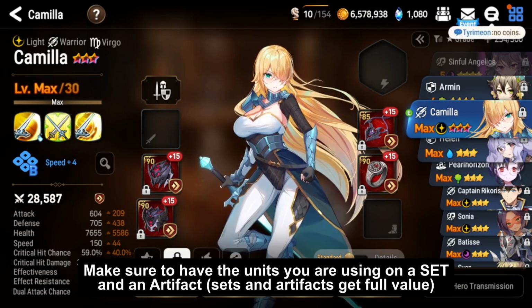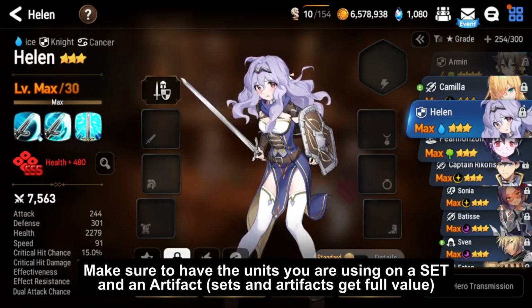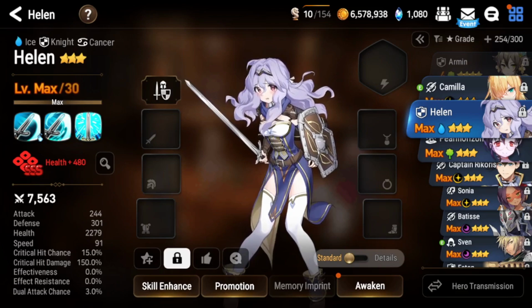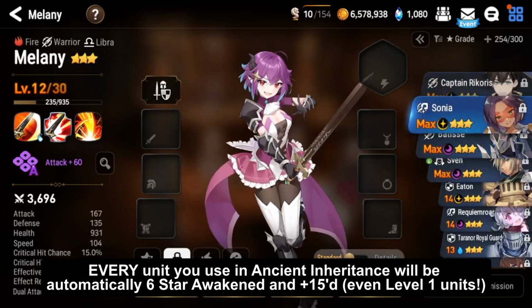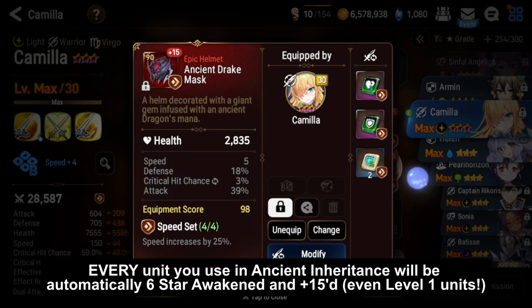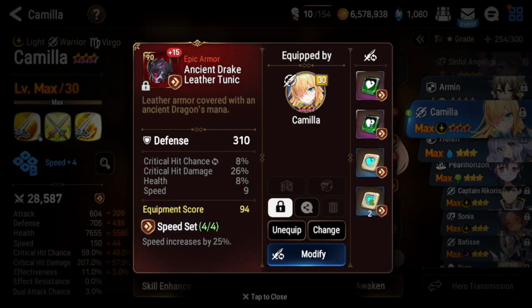Now, when you use these units, even if they're, for example, level 30 3-star, if you use them in Ancient Inheritance, they will automatically be 6-star fully awakened for Ancient Inheritance. So you can just use random units that you have. As long as you've pulled them and geared them, you should be good to go. And the reason why I say you want to make sure you have the sets is because sets get full value. So this 25% speed increase is from your base speed,